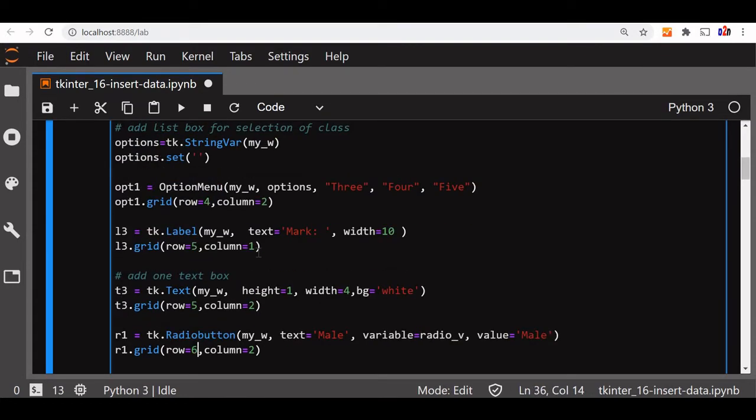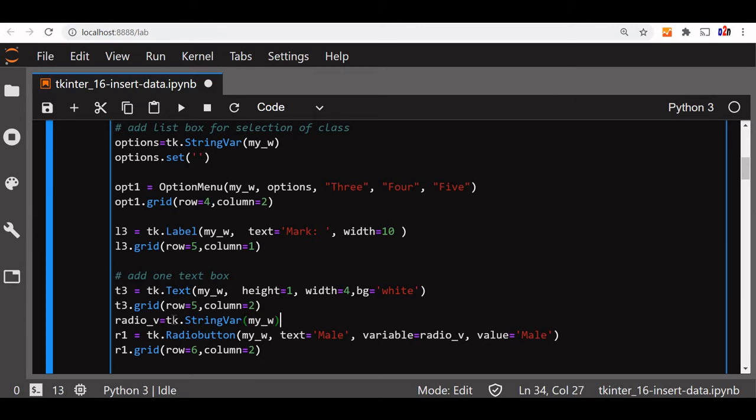Now there is a radio button where we are selecting male or female. So for that we'll declare one, radio_v. This we have already shown here. Radio_v is also a string variable, StringVar in our main window. Fine.